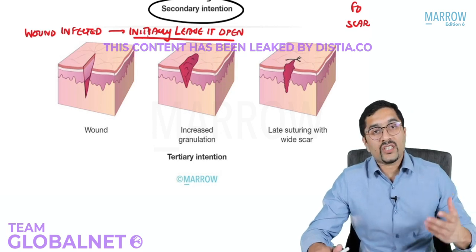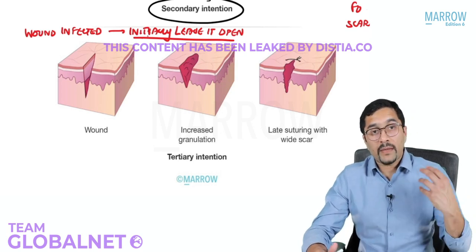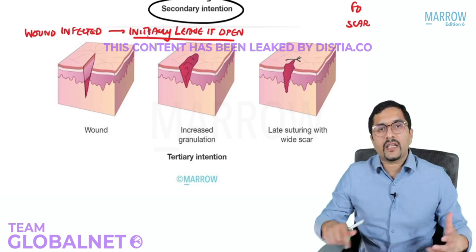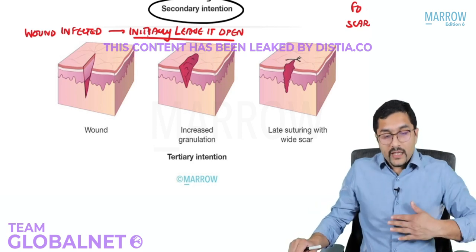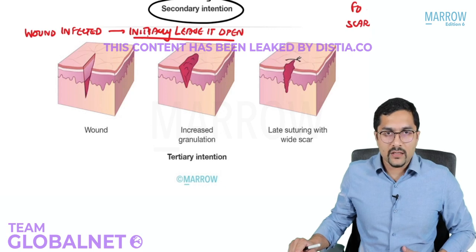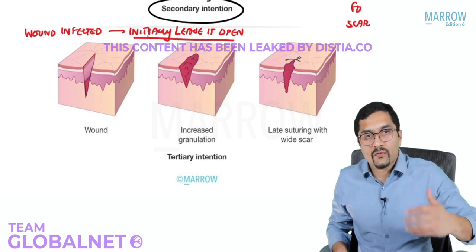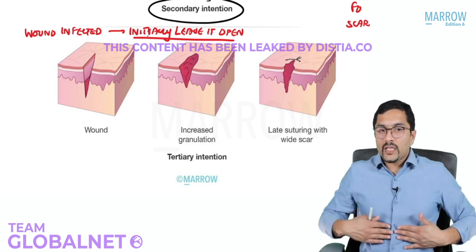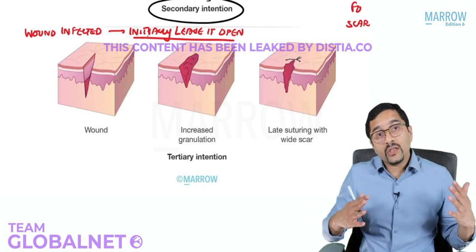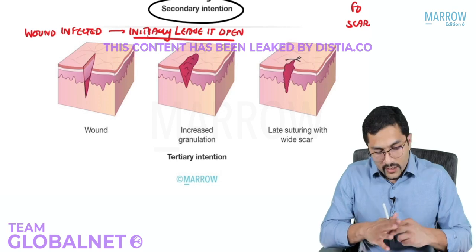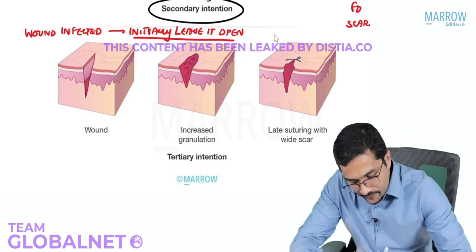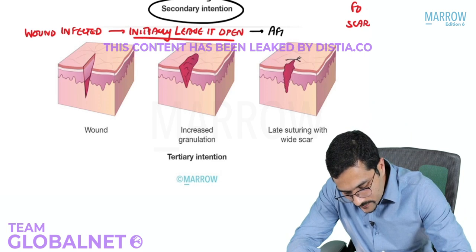Supposing we got a patient with an ileal perforation where there was a lot of fecal matter in the abdomen, we did not close the skin in that patient. We used to leave the skin open and do dressings for 4 or 5 days. When we were sure that the wound is not infected, we used to resuture the wound. So initially we leave it open, and after a few days,